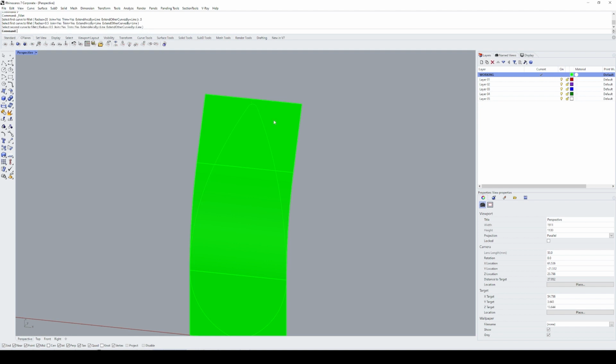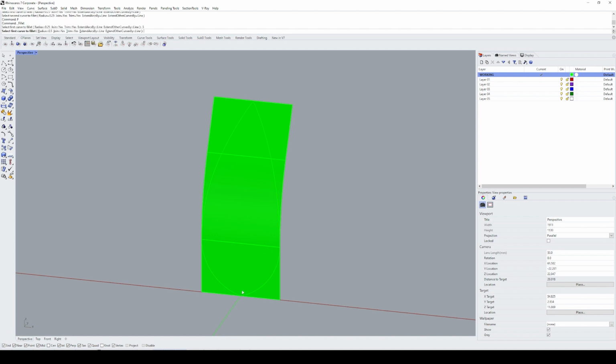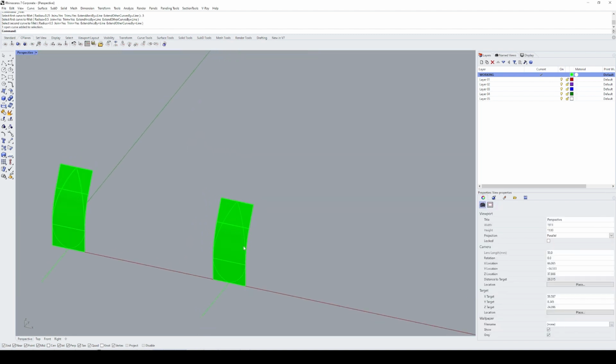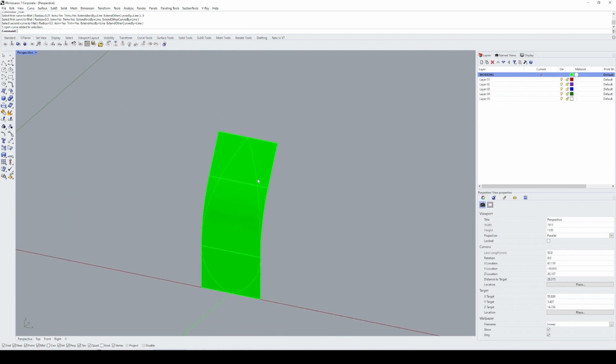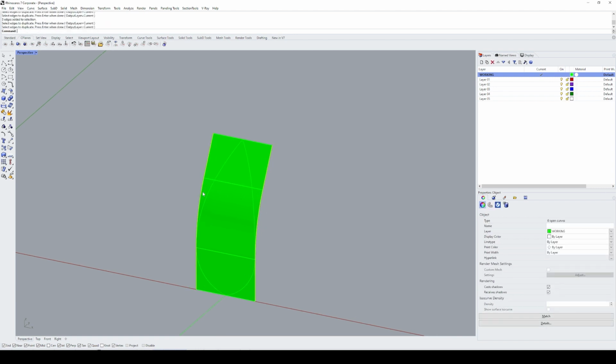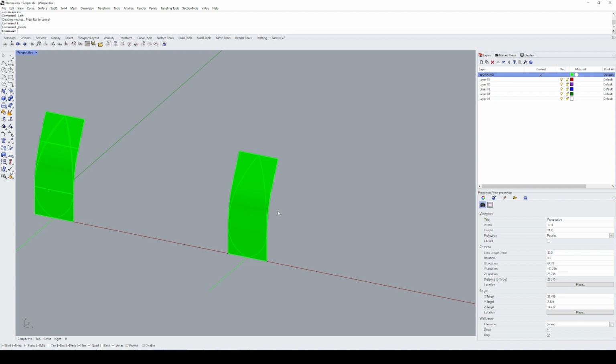Maybe 0.5, 0.25, and I'll go 0.5 at the bottom. Great. And I think I'm going to reconstruct this surface so there's not these seams going through. So I'm just going to duplicate these, join them, and then you can do loft. Alright. Now,